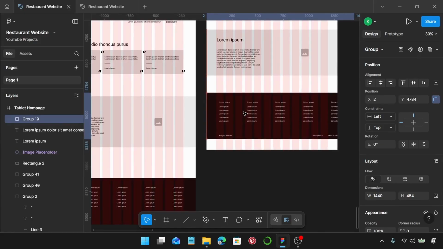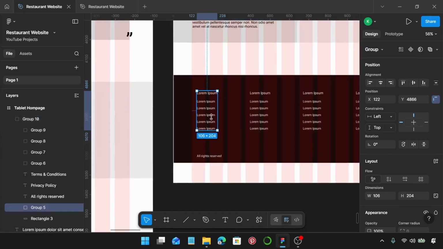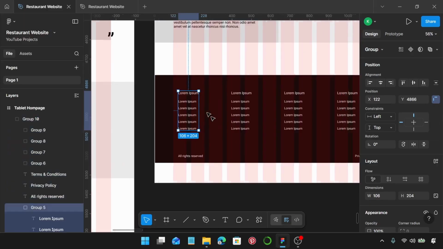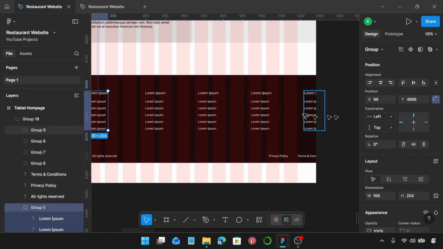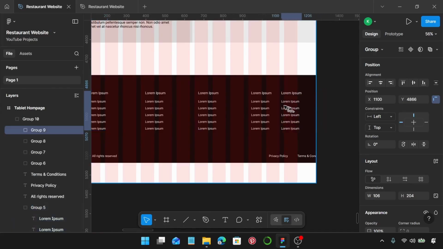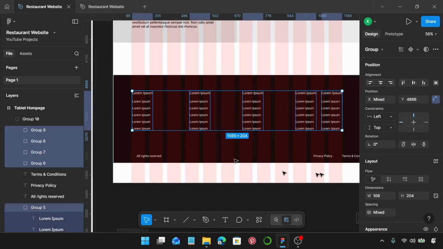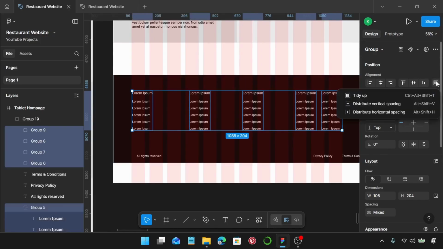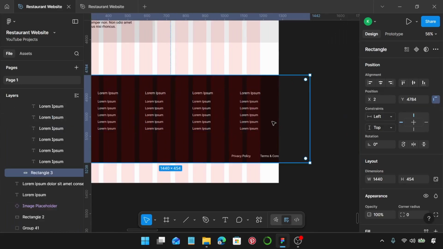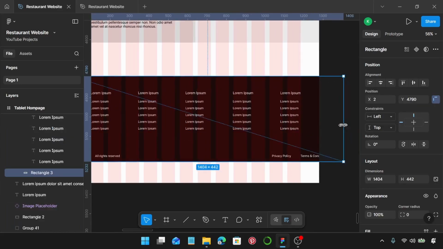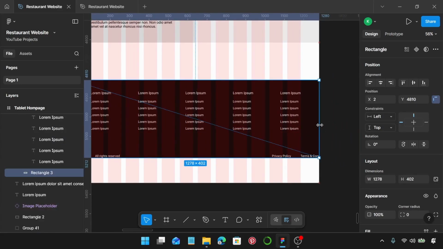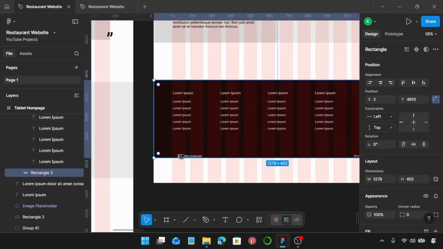So what I'm going to do is select this group, move it to the edge, select this last one, and then move it to the edge of our layout guide. And what we can do now is select all of them, go over to our alignment, and we're just going to distribute horizontal spacing. Our rectangle is hanging out, so I'm just going to hold shift down and reduce the height and the width